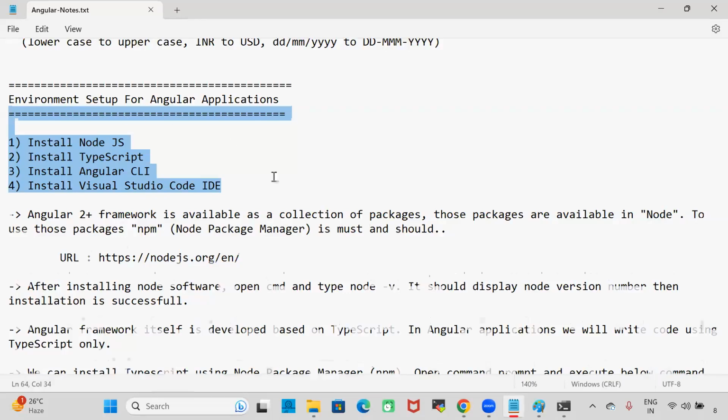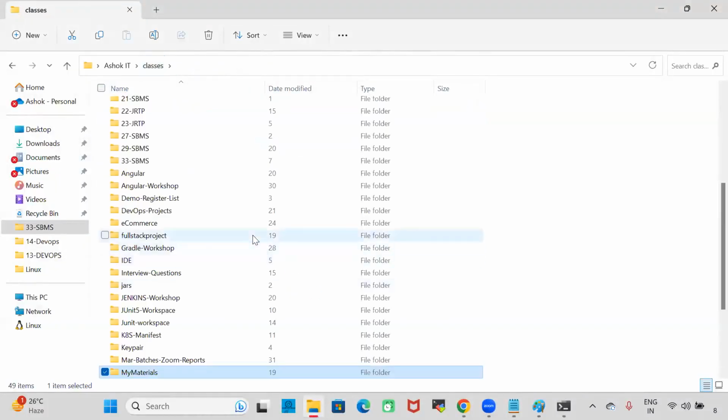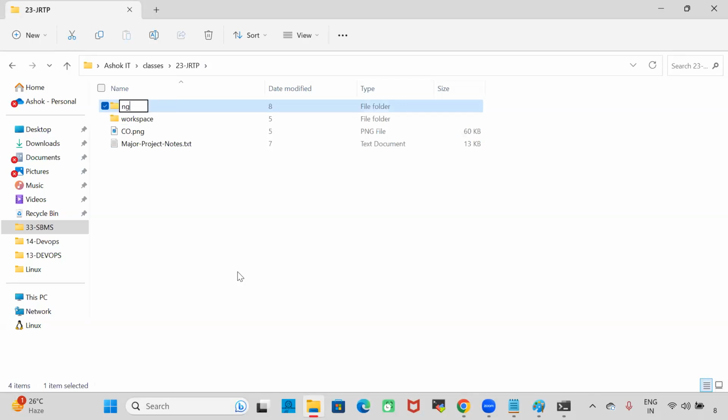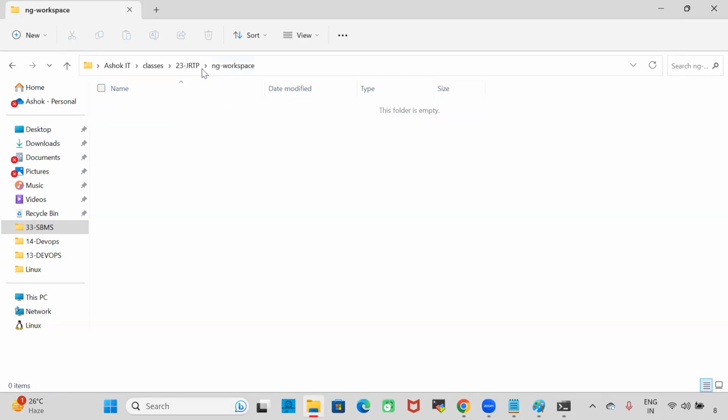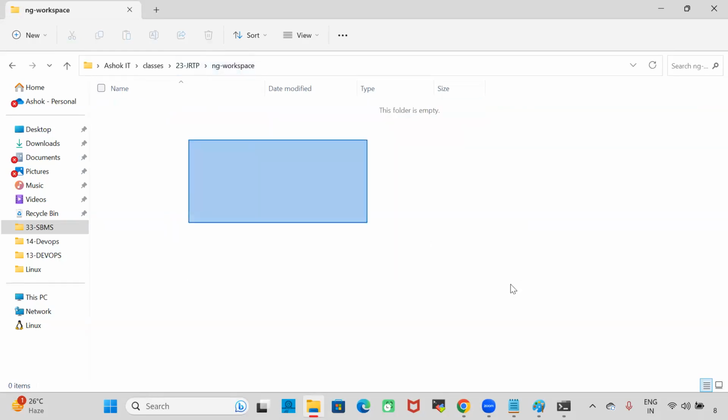Yeah, fine. Now guys, let me go with workspace folder. Now here I'm creating workspace as ng workspace. In the 23 JRTP, I create a workspace folder called ng workspace. So in this folder, I want to create my Angular applications. Now, I want to choose this as a workspace folder for my VS Code IDE. So what we can do is,